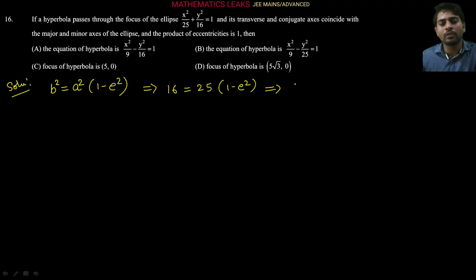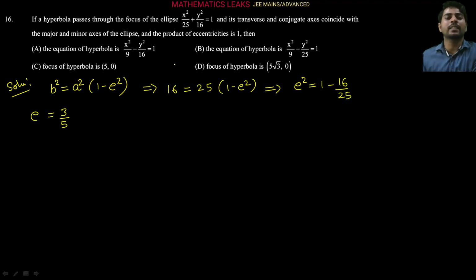So from there we will get e square is equals to 1 minus 16 by 25, right? So from here the eccentricity of the ellipse we are getting 3 by 5, right? Now since the eccentricity of the hyperbola also I have to represent in the solution, so for making a symbolic difference I am giving here a suffix e for the eccentricity of ellipse. So suffix e stands for the ellipse eccentricity, correct? So ellipse eccentricity we are getting here 3 by 5, right?